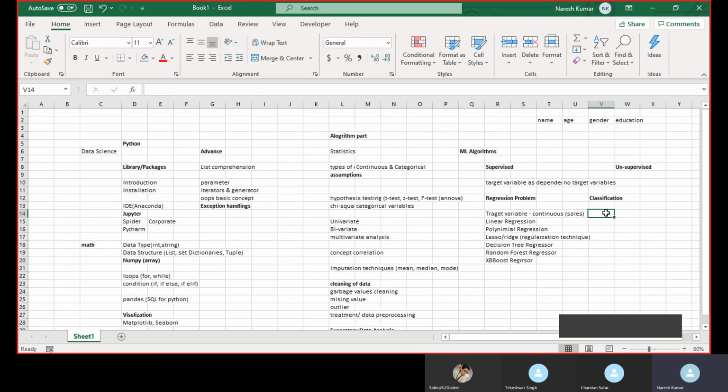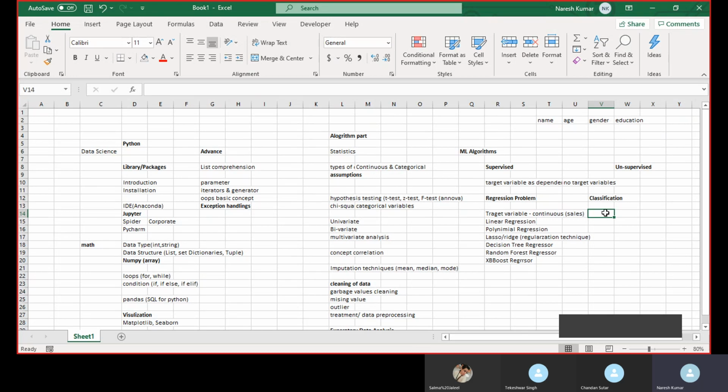So those kinds of problems, where you need to classify a good customer or a bad customer, a fraud transaction or a non-fraud transaction, we deal with as classification business problems. There also you can use algorithms to do these predictions.